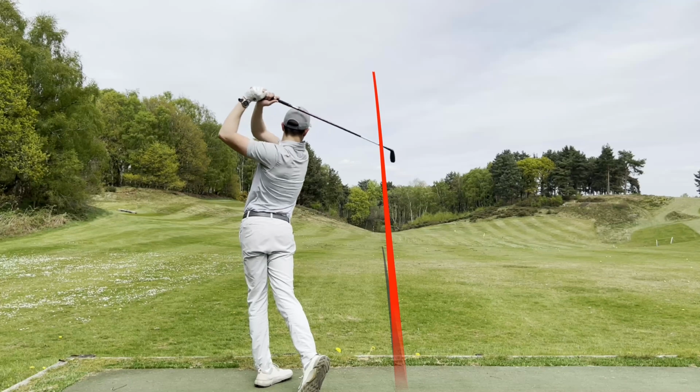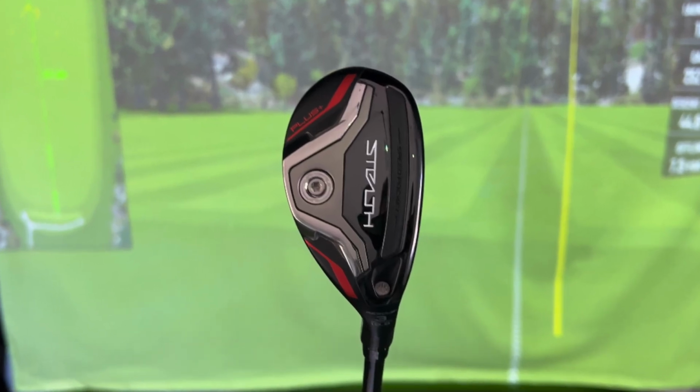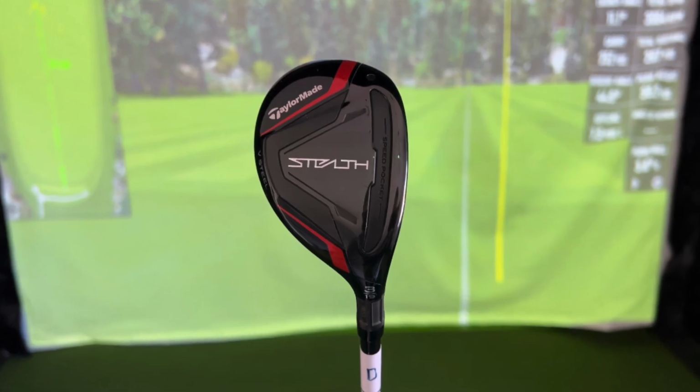You could see in the air that the ball was carrying a lot further in distance, probably because the weight at the back of the head is put more to the front, which is going to help reduce the spin. For me, being a fast hitter of the ball, it's going to help me get a little bit more distance from that, whereas with the normal hybrid, it's just going to go too high up in the air and